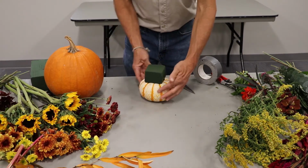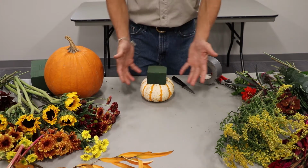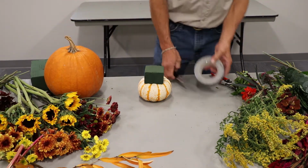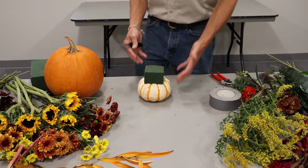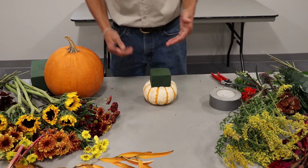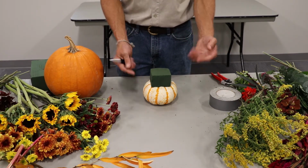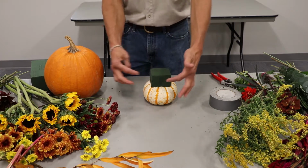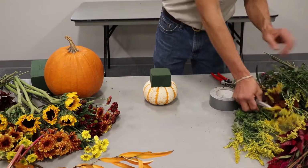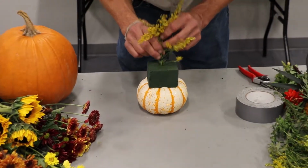So obviously you want your flowers to be in proper ratio to this, so we're not going to do something huge on a tiny pumpkin. We're going to keep it in scale. So here I'm just going to start adding things. There's a fairly easy way to do this, and ultimately we're just burying the foam. Anywhere you get half done and you can look and see a big gap with foam, you stick a flower there. It's not difficult. I'm going to start with a little goldenrod just to get us some filler going, and